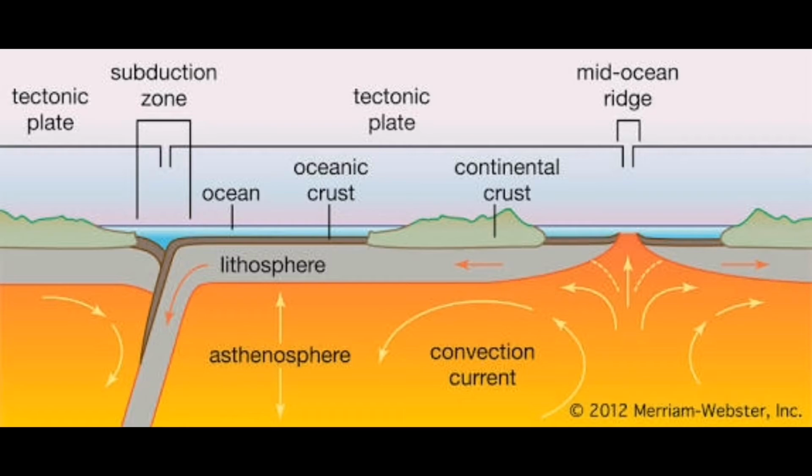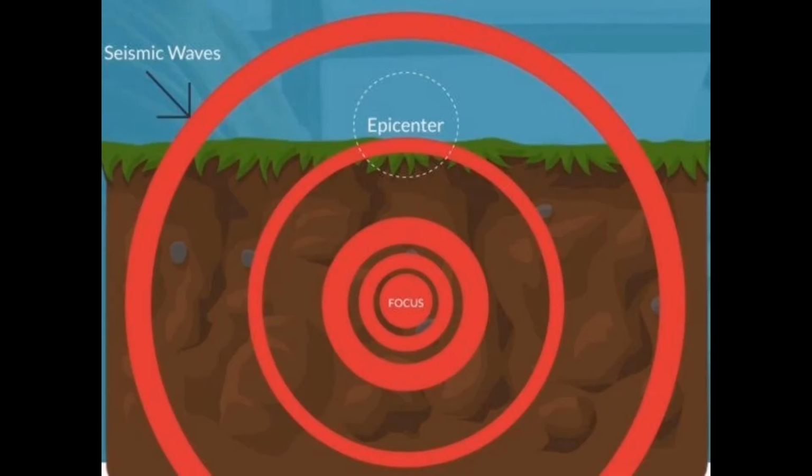Now look at the next picture which you can see on your screen. Observe the diagram properly, children. You can see the oceanic crust, the continental crust, then the asthenosphere. All the three you can see in this particular image. Now this gives you a clear idea what actually oceanic crust is, what continental crust is, and what is asthenosphere. Moving ahead, let's learn more about mantle.